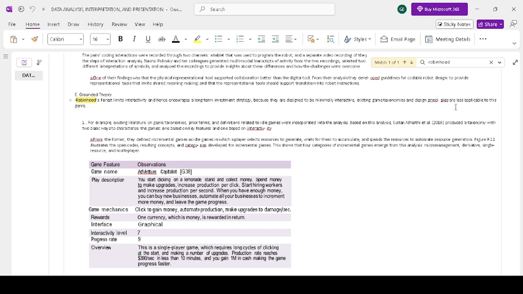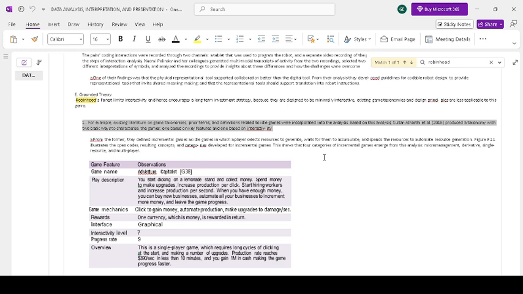So if you don't know what this taxonomy is, it's about the standard process in the industry that allows us to measure the usability and success, or basically the quality of a certain strategy. So, for example, existing literature on game taxonomies, prior terms and definitions related to idle games were incorporated into